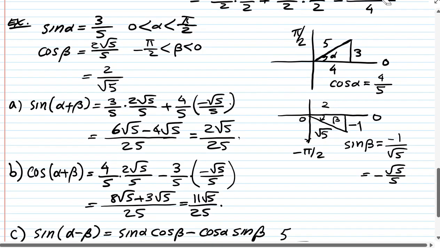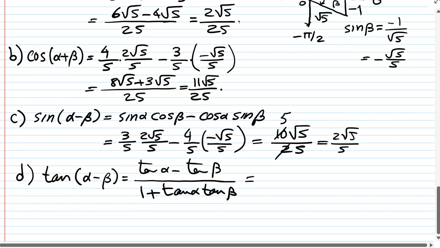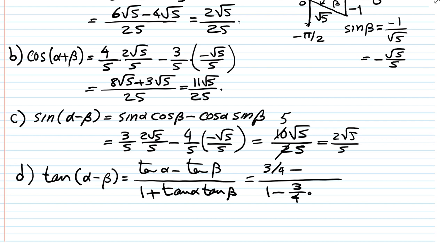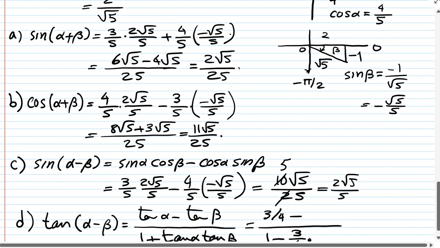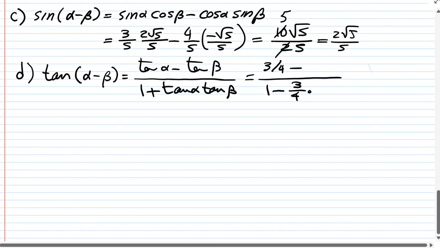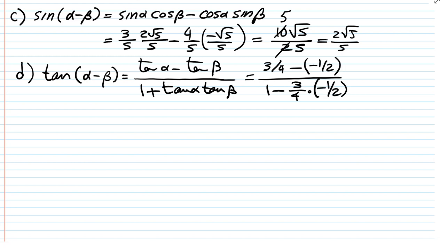Tangent of alpha is 3/4. So that's 3/4. 1 minus 3/4 times tangent of beta, which is y over x, or negative 1/2. That's negative 1/2 times negative 1/2 down here. Okay. So this is going to be 3/4 plus 1/2 divided by